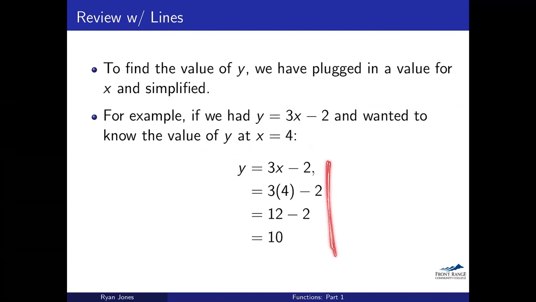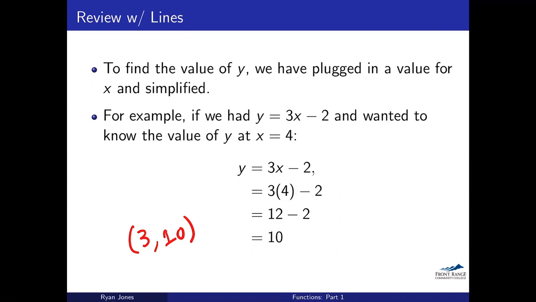You can see I've done some of that work here for this line y equals 3x minus 2. I've taken x equals 4, plugged that right in, simplified down, and I get 10. And so this would give us the coordinate point 3 comma 10, and that's saying that if we were to graph this line y equals 3x minus 2, this point would be on the